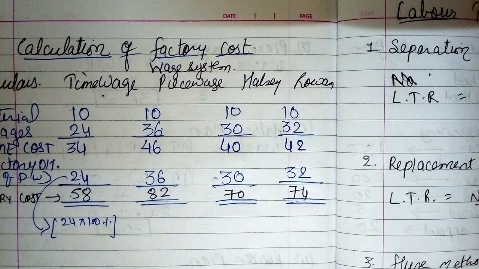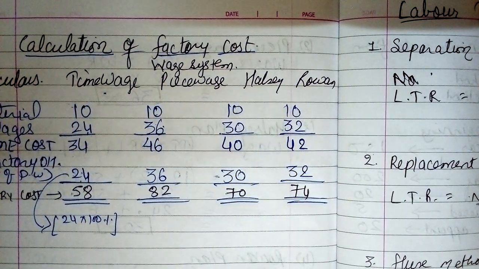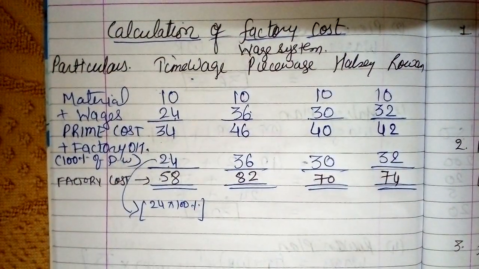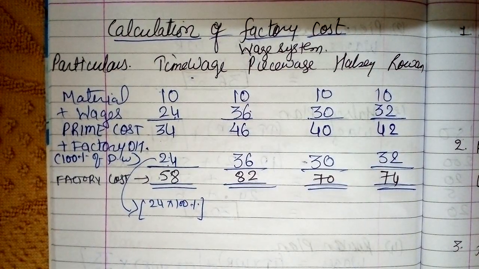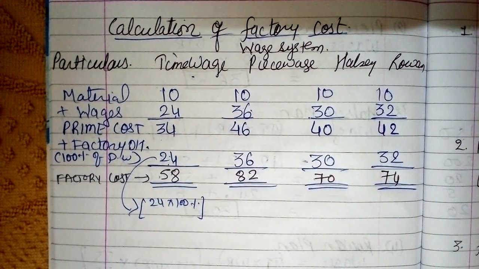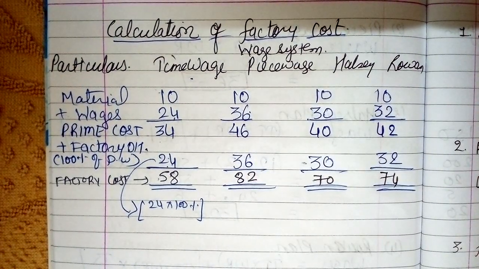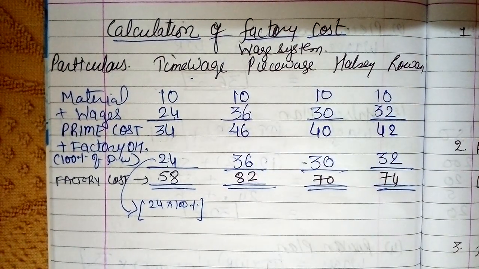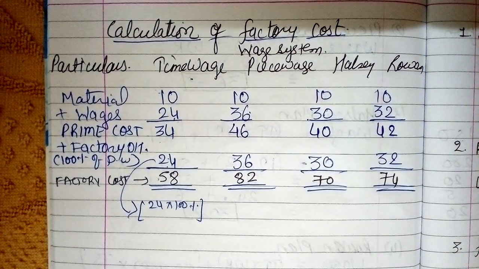The first method was a simple and regular example as per time wage, piece wage, Halsey and Rowan. The second method can be considered where wages as per Halsey plan is given and we need to calculate the wages as per Rowan plan. That was the second method. This tends to be your third method, calculation of factory cost. Now we are moving towards the fourth method, that is labor turnover rate.